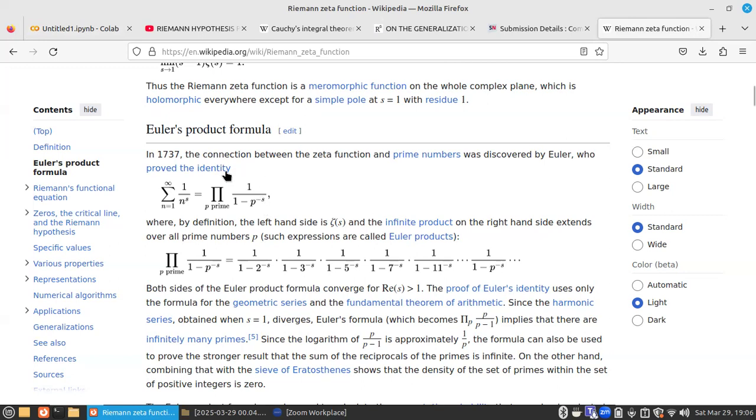So if we expand each of those sums and look at the terms of our sum, just by picking exactly one element from each of those geometric series, we would actually find that